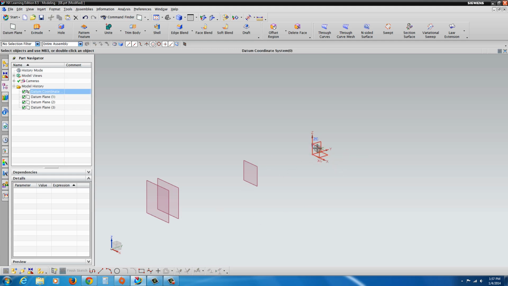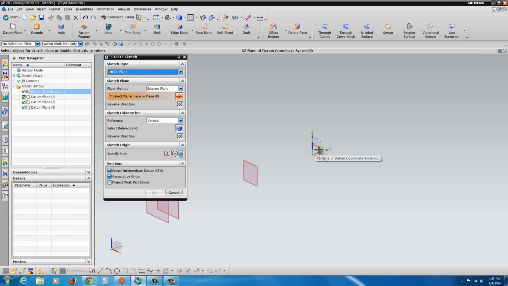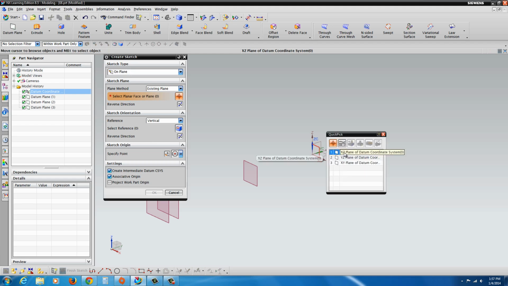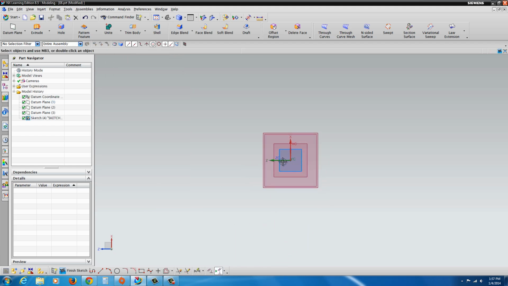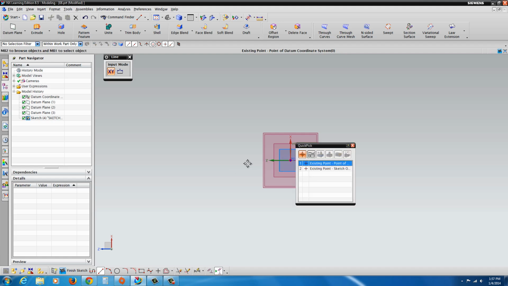And now you can see that the rear of the boat is actually going to be here where the datum coordinate system is, and then the center of the boat here, and then the tip of the boat over here. We're going to begin by sketching on the back side of the boat first. So we're going to go to begin sketch and select this XZ plane. And in this case, you could just go ahead and hit OK. And we'll begin with drawing one half. Like I said, we're going to mirror it over. You could draw the whole thing out, it's just that you have to remember you have to center it. So it's almost easier, especially with these splines, being that it's a symmetric object, to go ahead and just draw out a line here